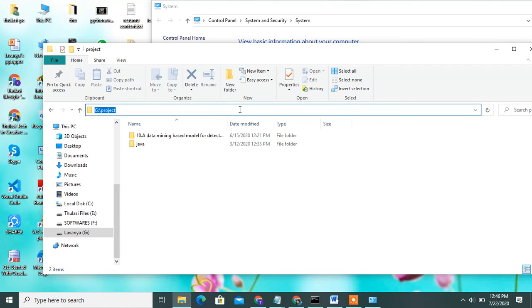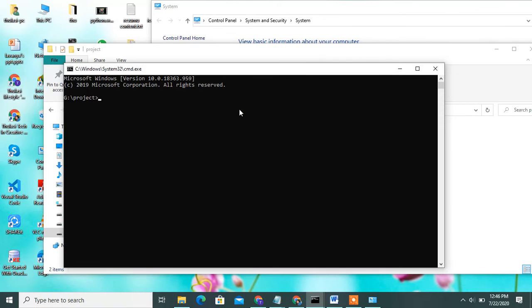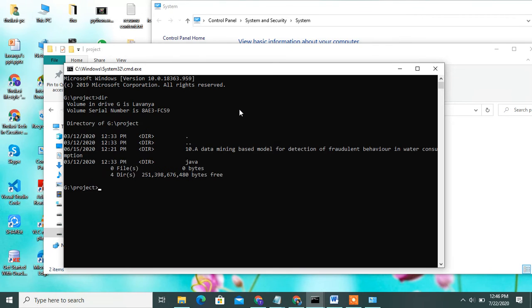Run the command prompt, and check with the dir command what files are stored in that folder.